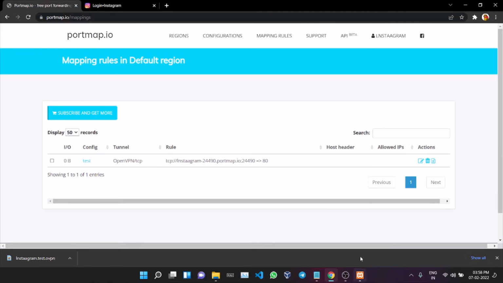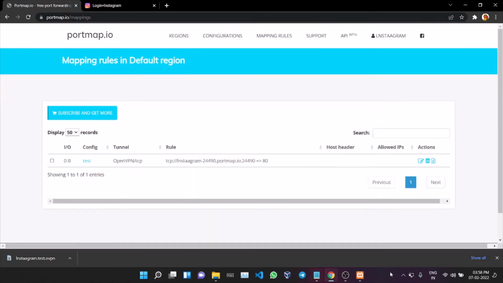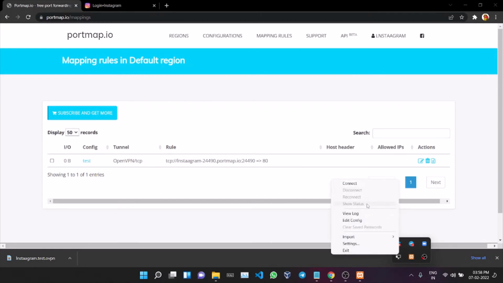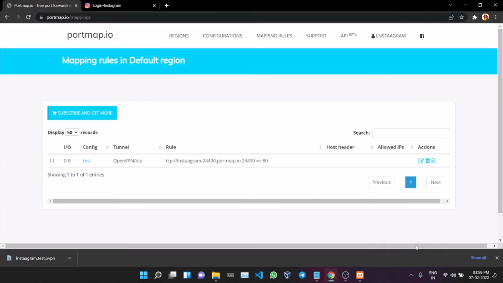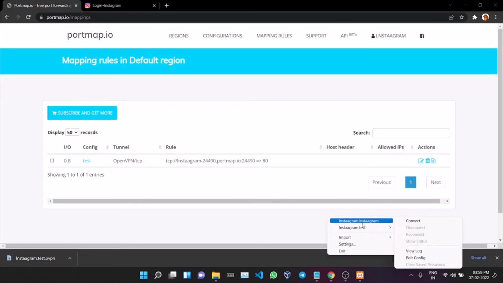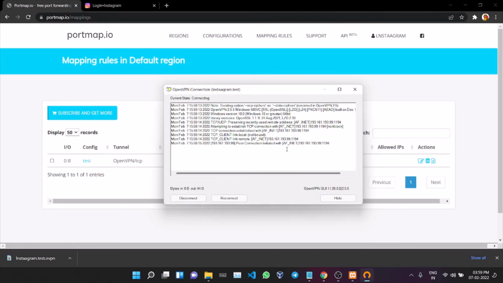But for that, first I need to do the OpenVPN setup. So what I will do is install and open OpenVPN. If you tap that, you won't get a screen of OpenVPN. You must go here, then find OpenVPN. It is here. Then do this, and you must do import first. I have already imported another file, that's why the connect option is here. So go to import, select import file, and select the configuration file you downloaded. Now it is selected. Now again go here and press connect. So my file is this one. Select connect. It will start connecting.